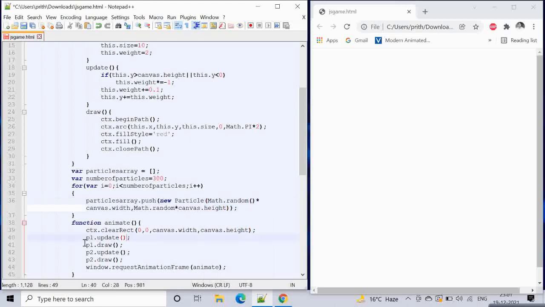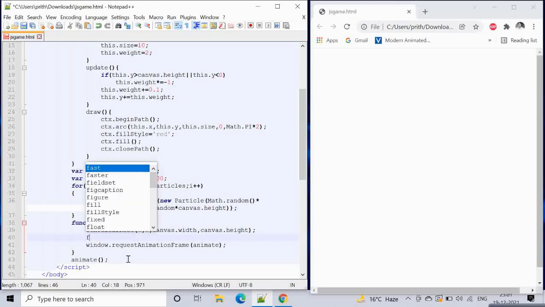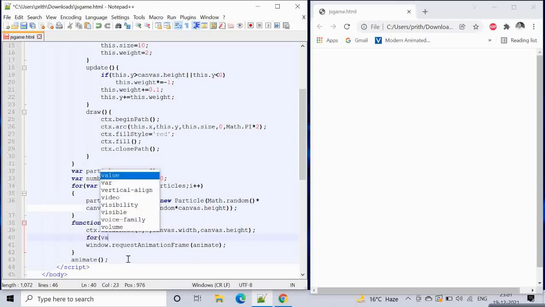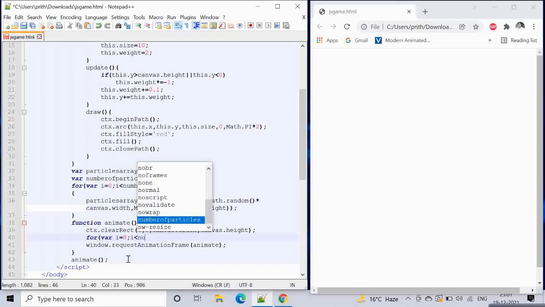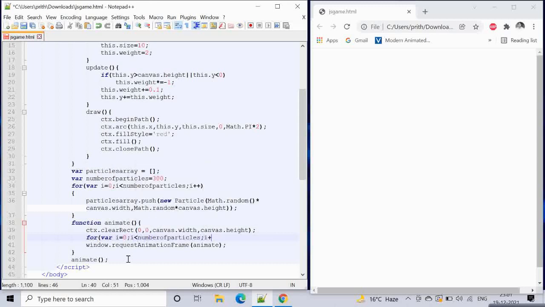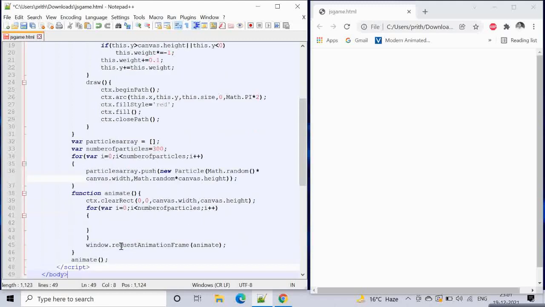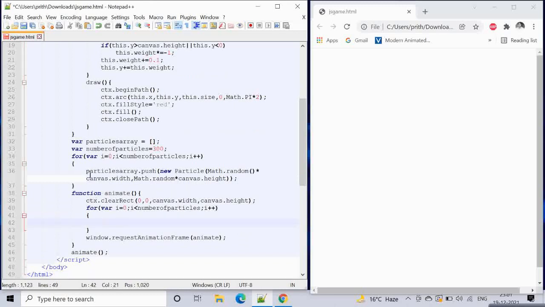So now rather than using it this way, we can call a for loop where I equals 0, I less than number of particles and I plus plus. Here also we will have a loop where we will be calling the update and draw method for each particle.